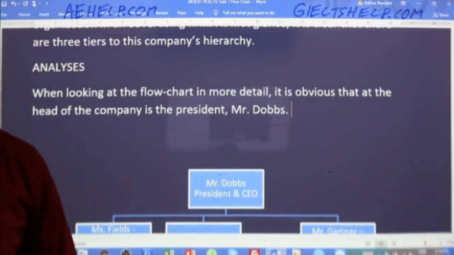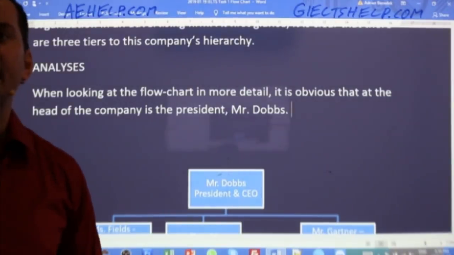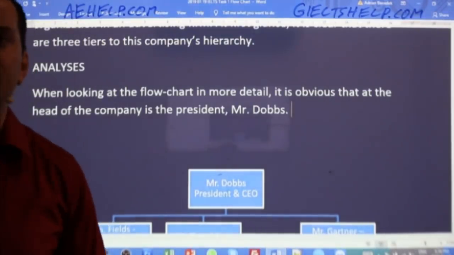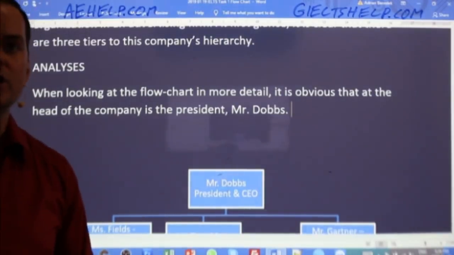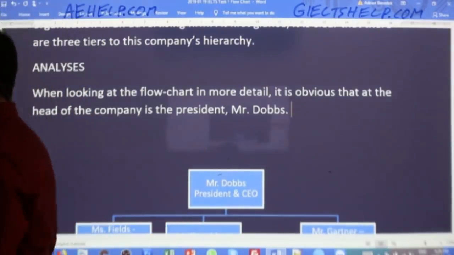Kesey says, Mr. Dobbs, who is at the top of the structure, is the president and CEO of this company. Very good, Kesey. That works also. Is both the president and CEO of this company. Kesey, if you want to make that a correlative conjunction. Okay, I like what you are putting down. Those are some great sentences.